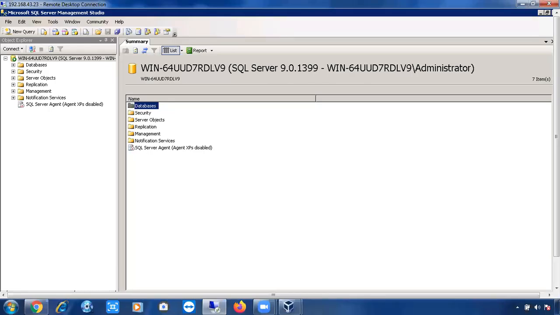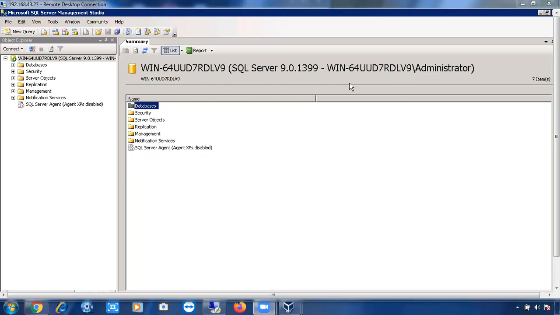So the command for creating the database is create database, database name. What is meant by a database? Storing objects, triggers or processes, a collection of data files and log files. Very good. Database is a collection of data files and log files, and you can also say a database is a repository where we can store the database objects like tables, views, stored procedures, triggers, everything.